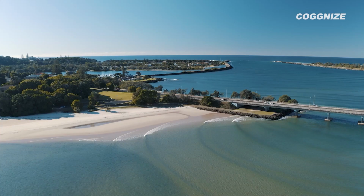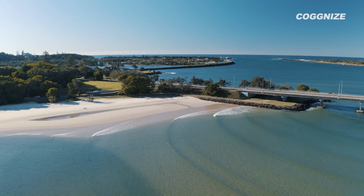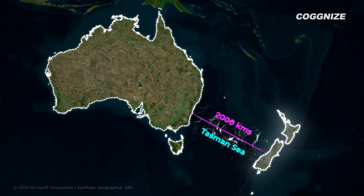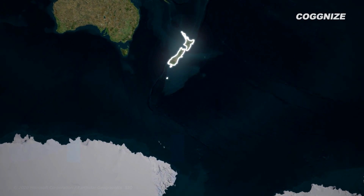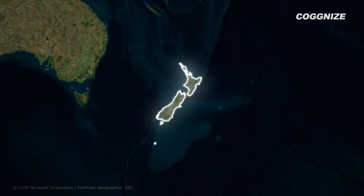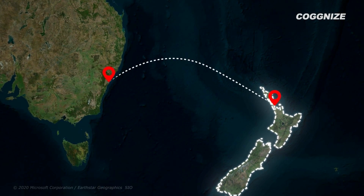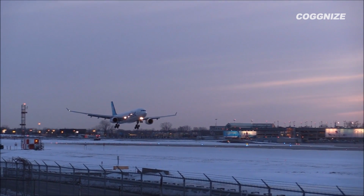Placed in the center of the water hemisphere, New Zealand is geographically distant from other large land masses. Its closest neighbor, Australia, is separated by approximately 2,000 kilometers of open ocean in the Tasman Sea. The rest of the surroundings consist of scattered islands, Antarctica, or vast stretches of empty ocean in every direction. Even in the 21st century, air and maritime traffic in the South Pacific remains limited. Traveling between Auckland and Sydney, for instance, still takes nearly 4 hours, comparable to a flight between London and Athens